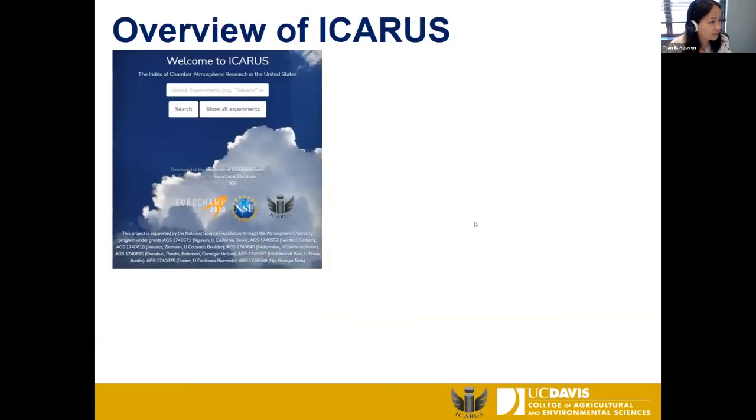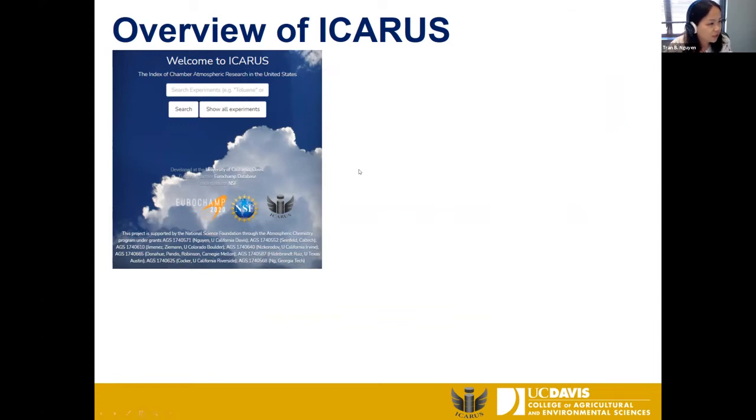Our database is called Icarus. This is what it looks like from the web version. There's the public-facing website where you can search for the specific data set that you're interested in, or you can click show all experiments.